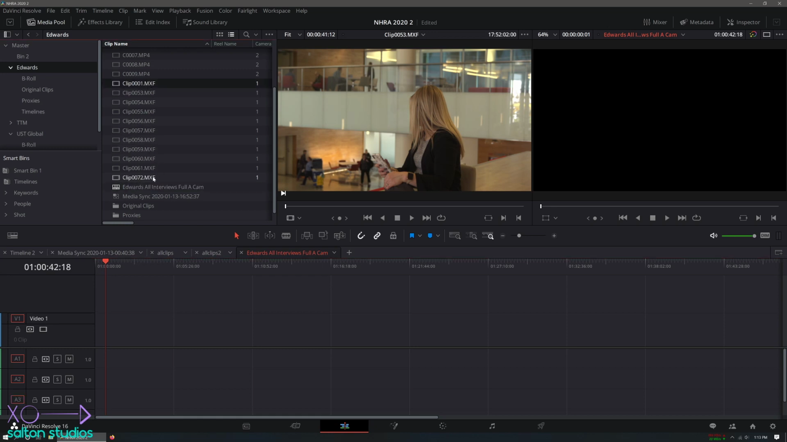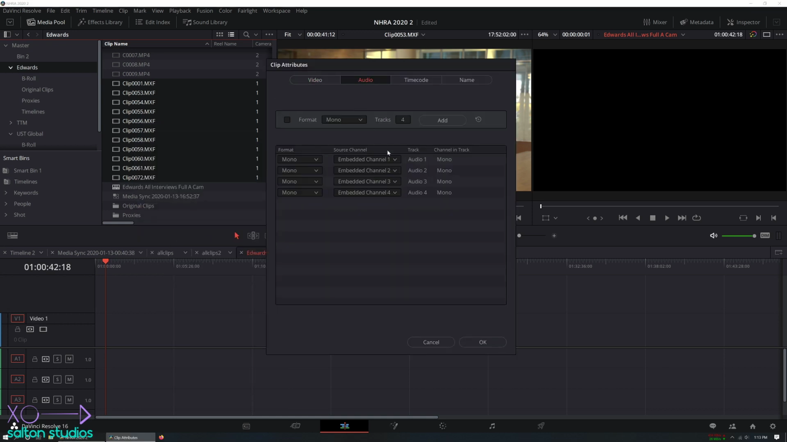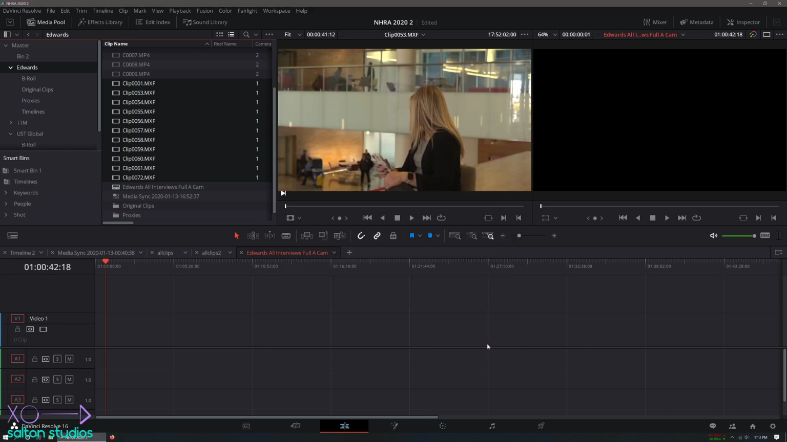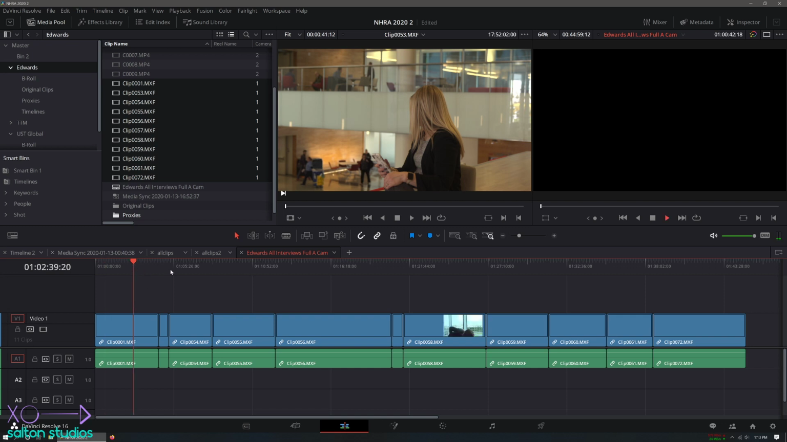And the right way to do this is in your media pool, right-click on all the clips that you want to fix the audio for, click on clip attributes, go to audio, and this tells what audio should be attached to the file. So right now it has 4 mono tracks. Let's delete 3 of those. We just want 1 stereo track. So we'll change this one to stereo, and then we want to pull both the left and the right channel from the embedded channel 1 from the clip. And now when we drag these down, we just get the 1 audio file,